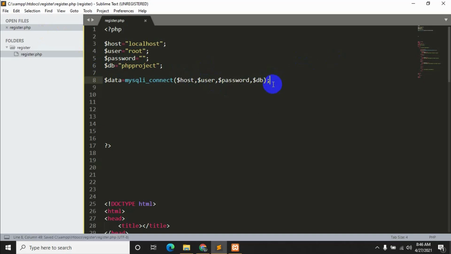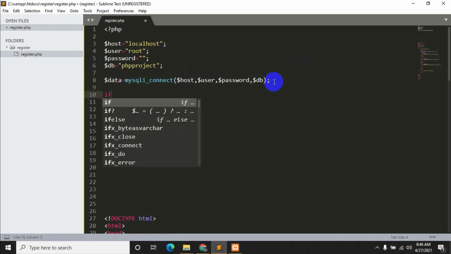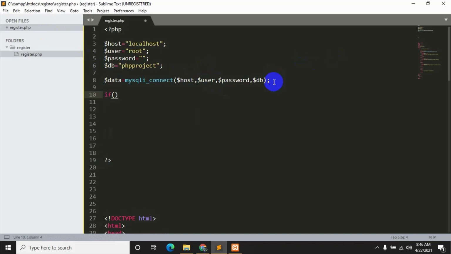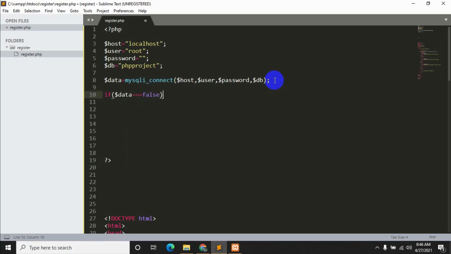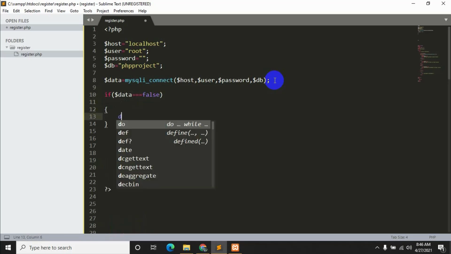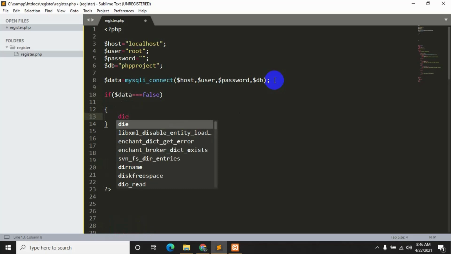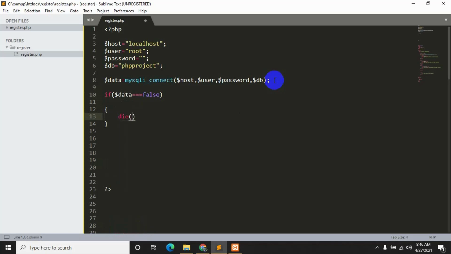So our database is connected, but if you want to verify whether it's actually connected or not, then you write a condition over here. If $data is triple equal to false, then show me an error. Then we'll say die, sorry, I have a button problem.